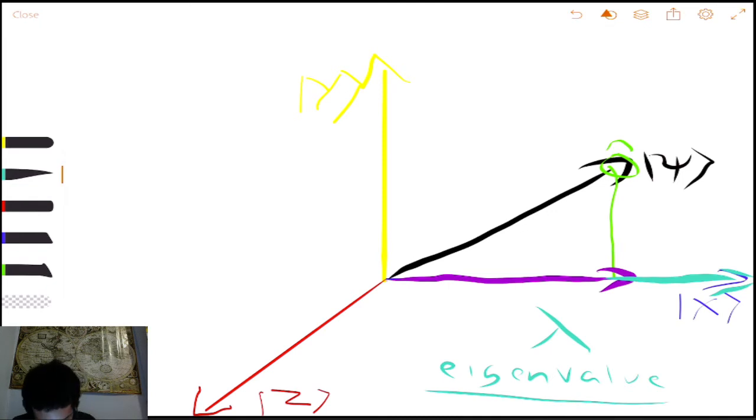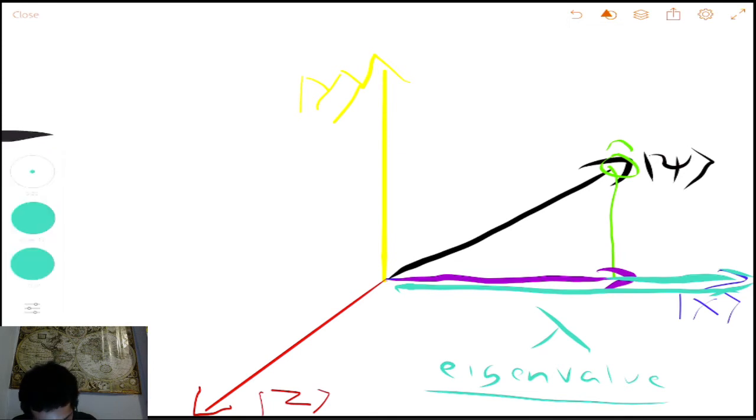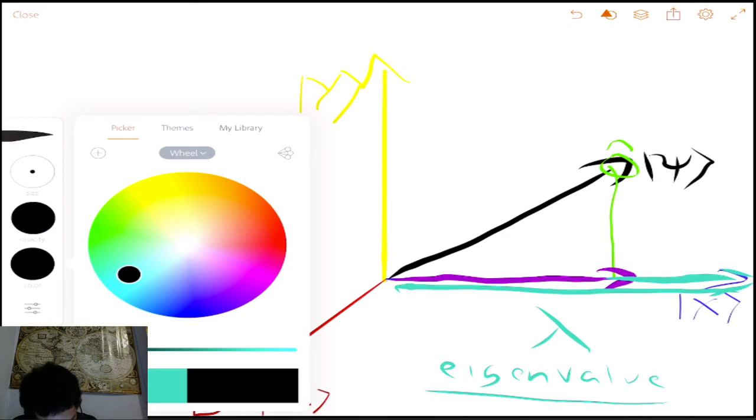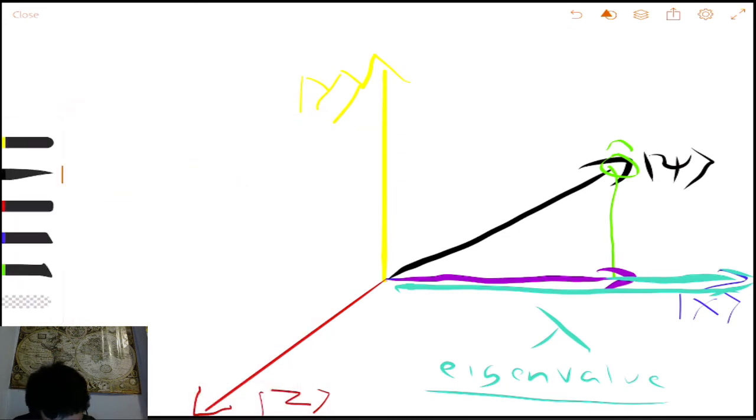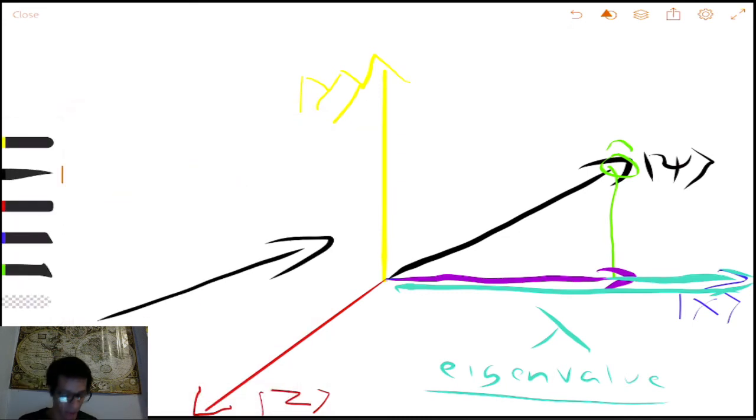So this new vector that we have, the purple vector plus the teal vector, that whole vector combined, I'm going to go back to black since we're talking again about our state vector here, will give you a new vector. Ignore the position that it's in. That's not the direction that it's pointing or its orientation. That's not relevant here. You will get a new vector that is the purple and the teal vector added together. That is called